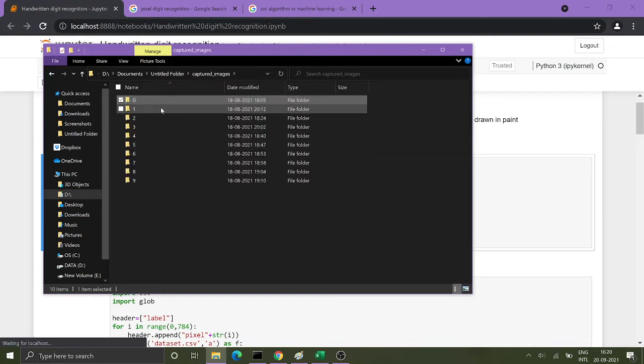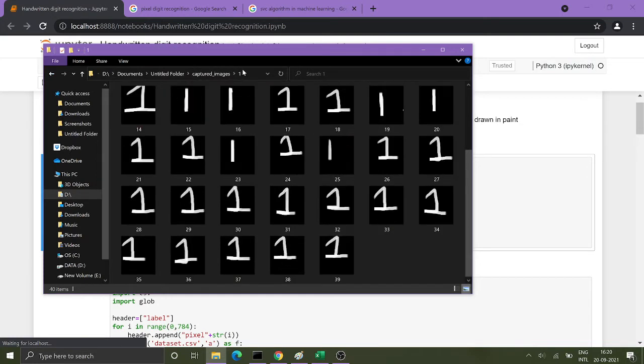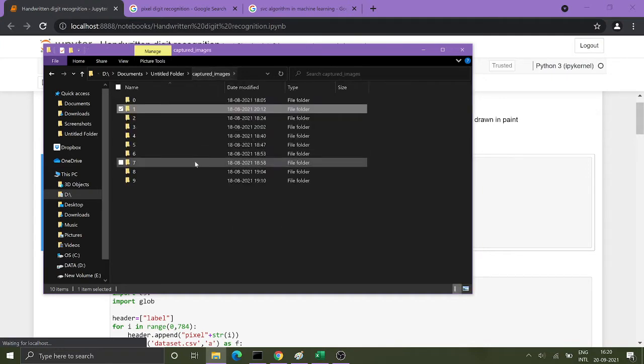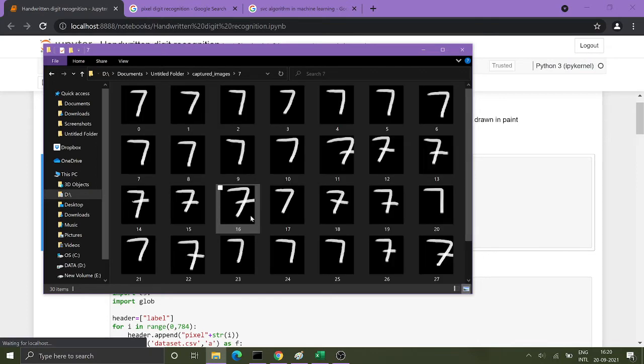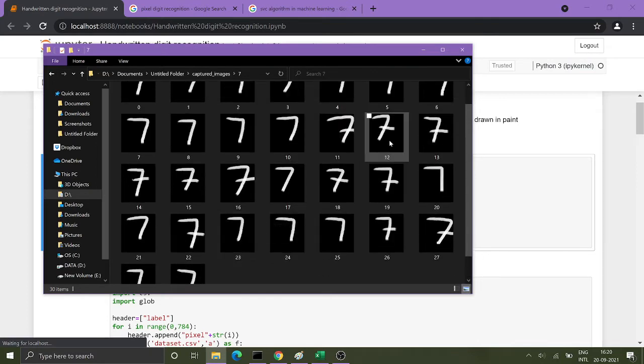Whatever way the user writes, it should predict because we have entered it in the database, right? So in 7 also there were various types of 7 inserted, and so it was predicting that.